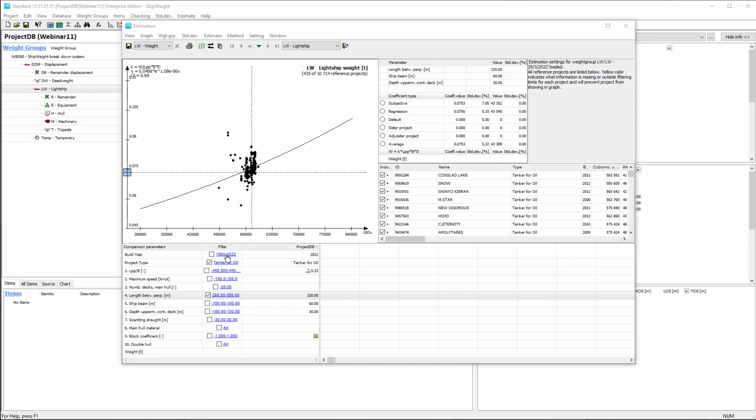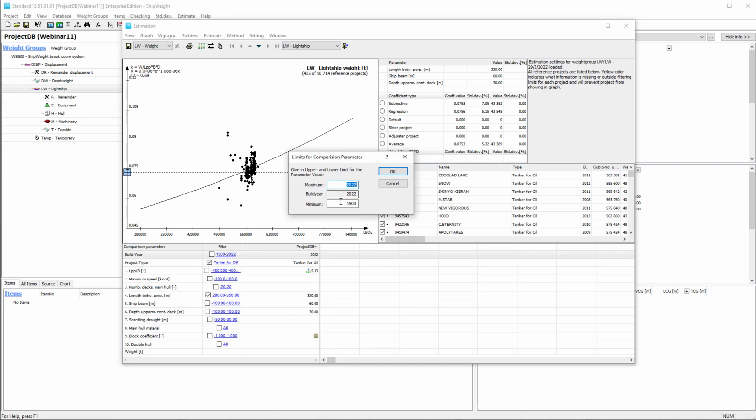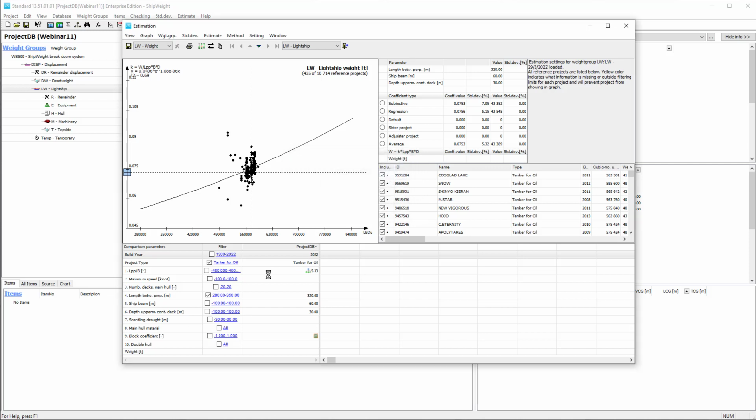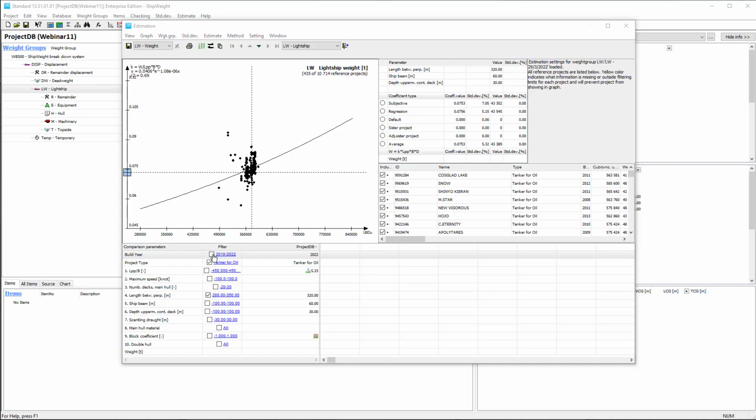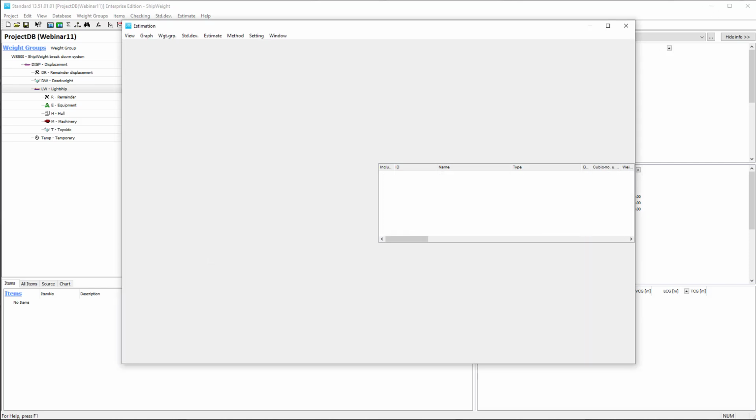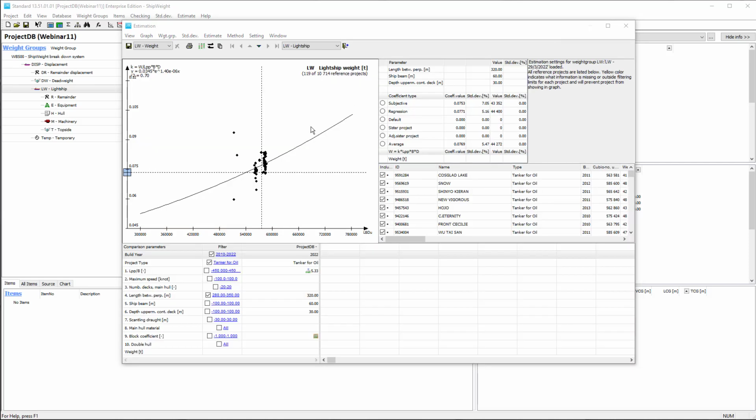I want to also put on a building year filter. I don't want to have anyone built before 2010, so I'll set that filter, and then I have to check the box. And now I'm down to 119 vessels,